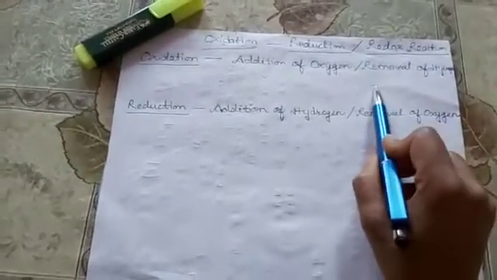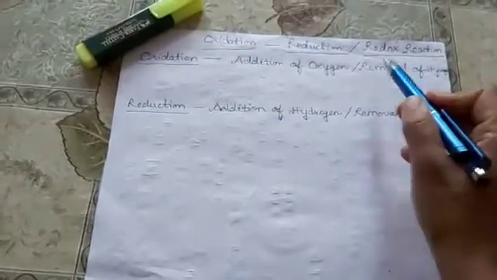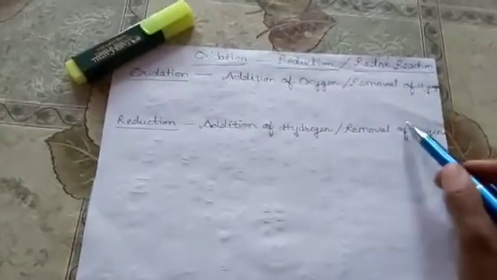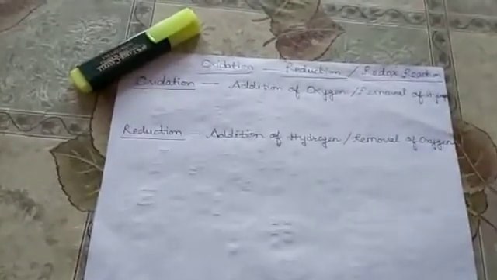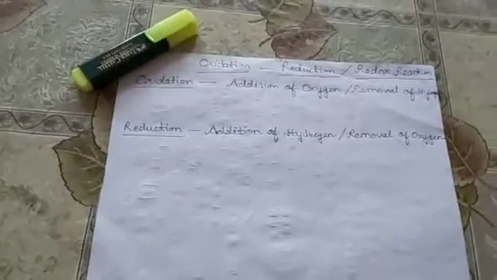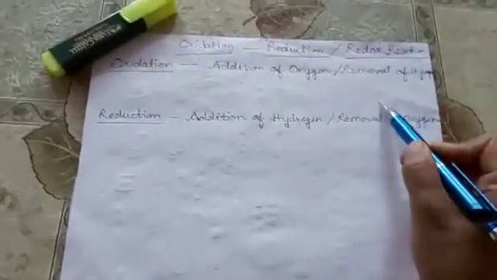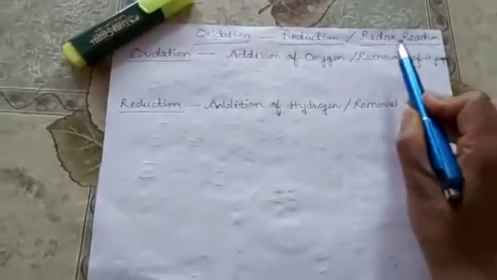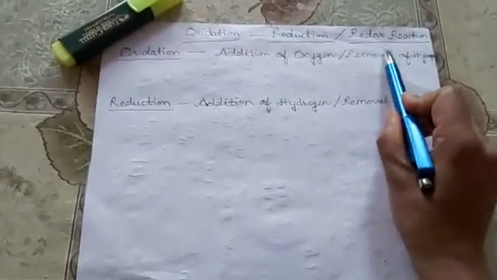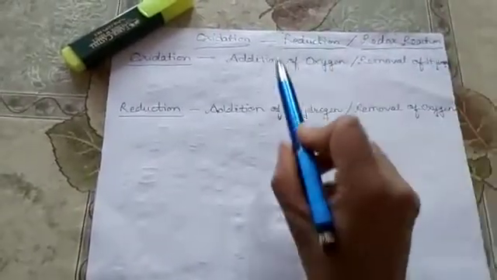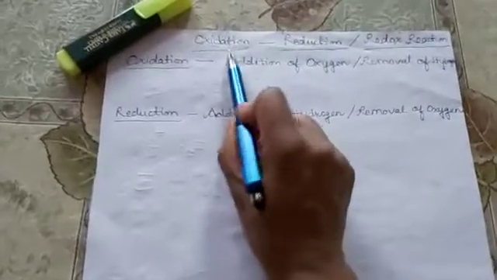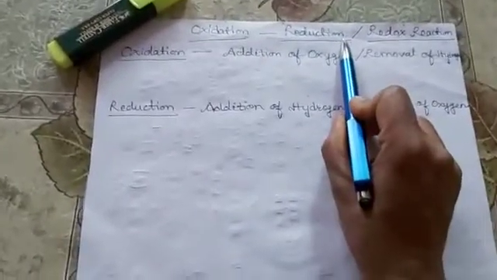There are two bases on which they are declared as redox reactions. The first basis is in your syllabus for class 10th, and the other, an electronic concept, will be explained to you in higher classes. So let's start with the first concept of declaring almost every chemical reaction as a redox reaction. The redox reaction contains two terms: one is oxidation and another is reduction.